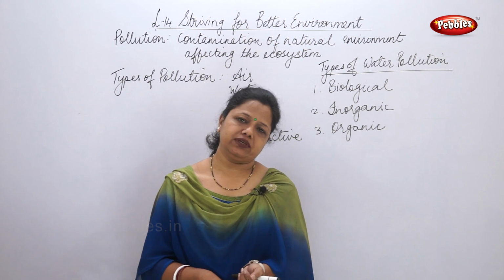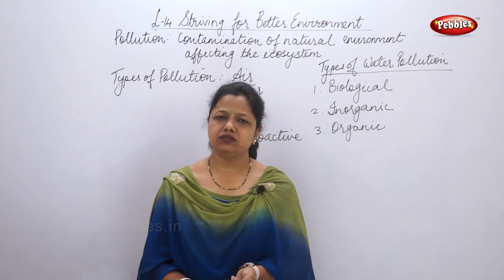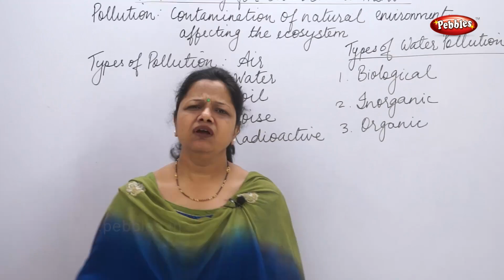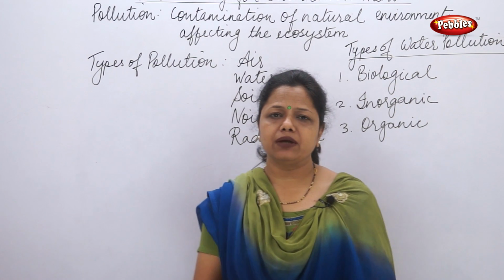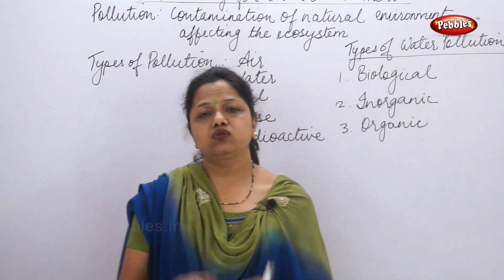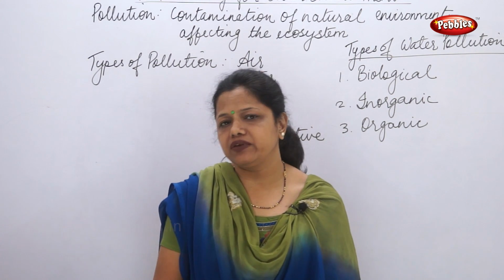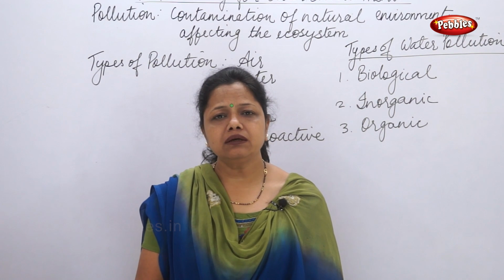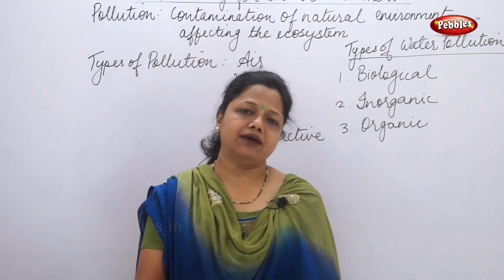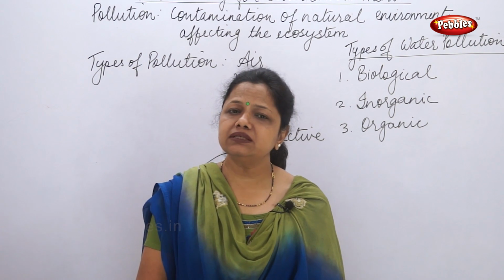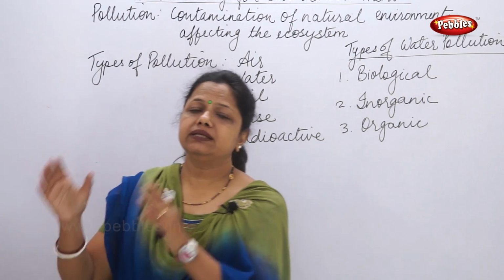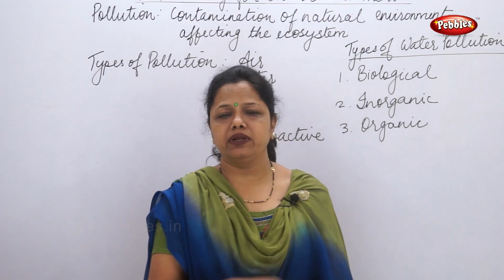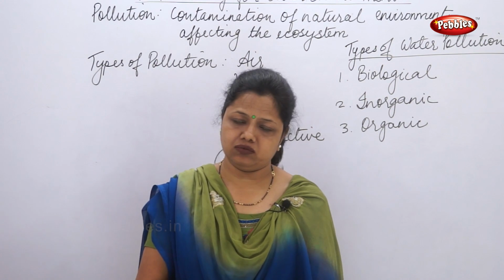First is domestic waste. So domestic sewage which comes from our houses. What is the meaning of domestic sewage? Our kitchens and our bathrooms are actually the source from which the domestic sewage is coming out. All the houses have a drainage system, and these drainage systems connect to the common drain, and this common drain is actually connected to some water body. It can be a river, it can be the sea also.